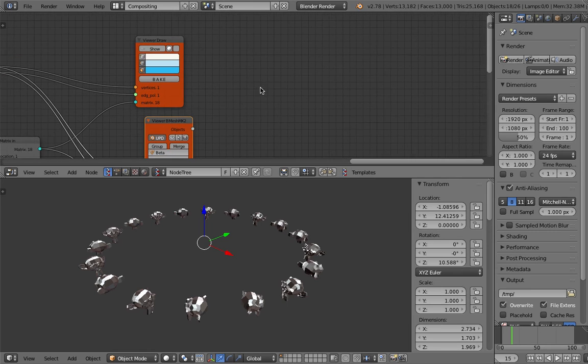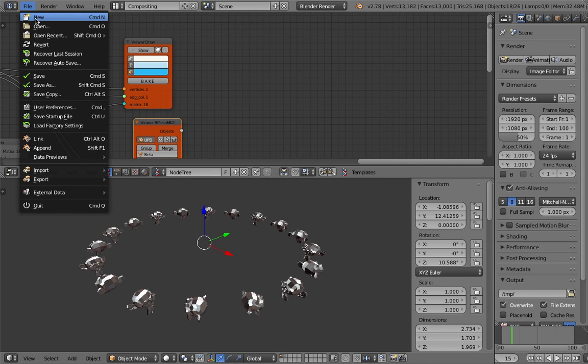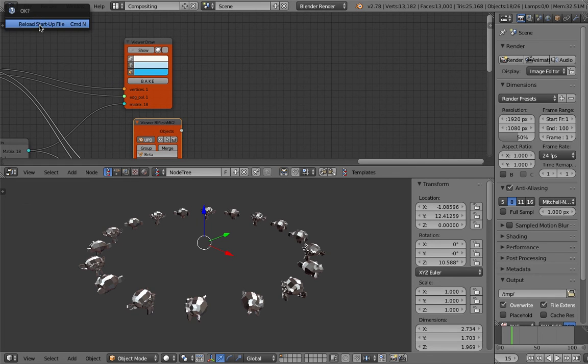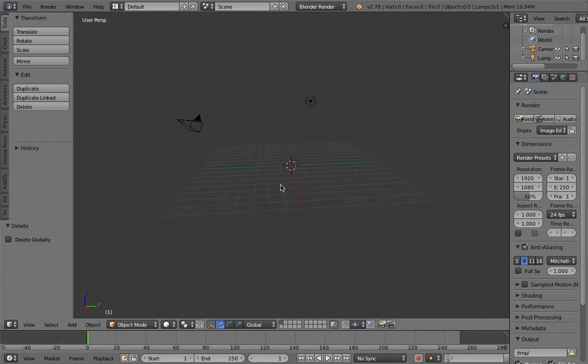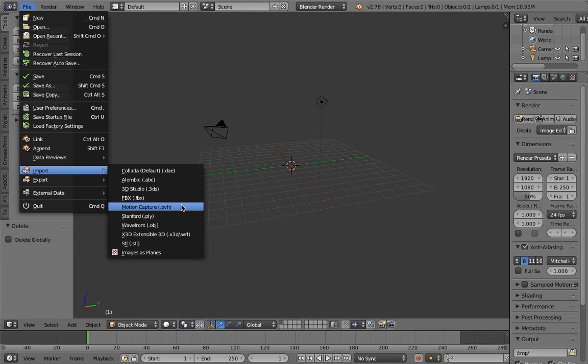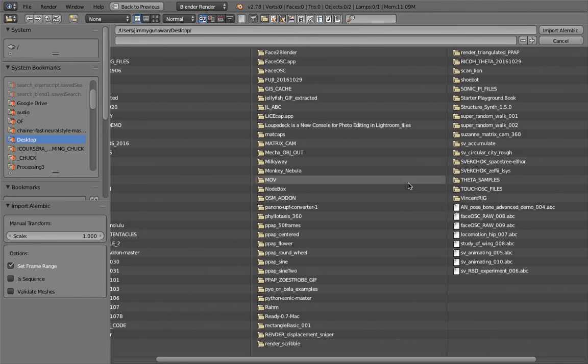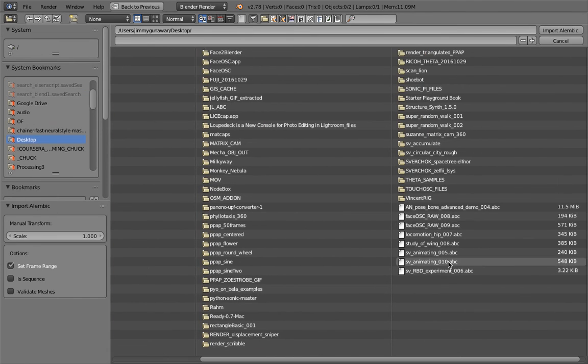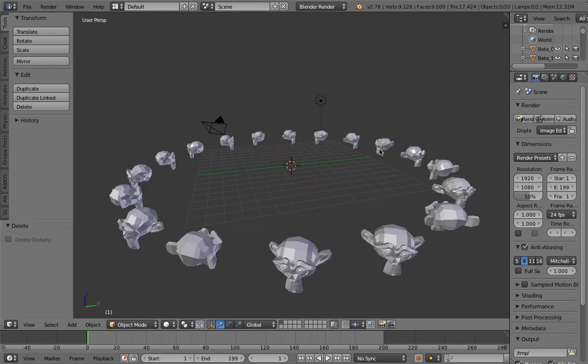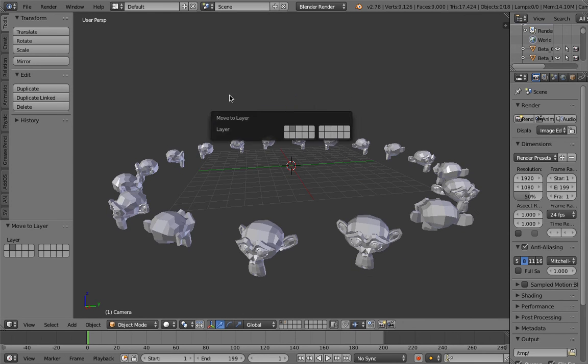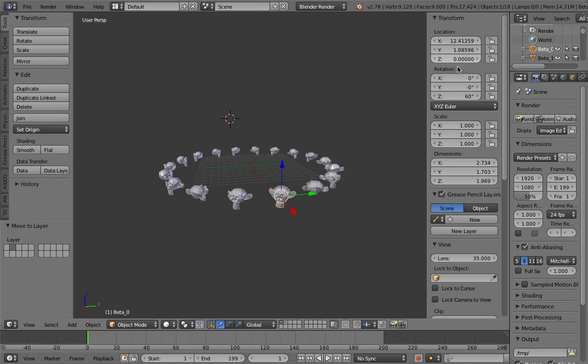Okay, I finished the baking. File, new, so it's an empty scene. File, import the Alembic data. Let's go to desktop, find our SV animating, and now we have the transformation animation. If you check the objects,